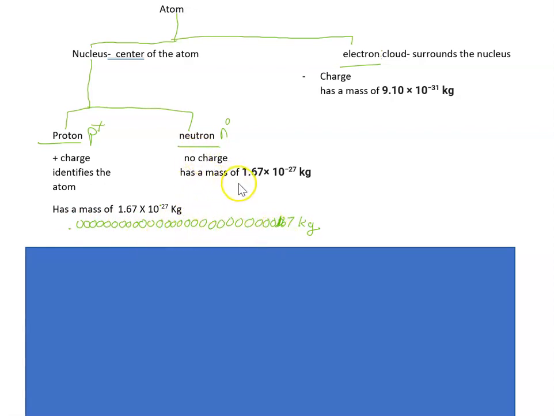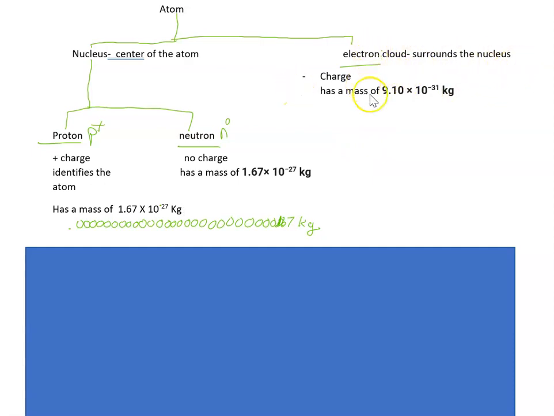And a neutron, for all practical purposes, has the same mass as a proton. They vary a little bit, but not by a significant amount. So neutrons and protons weigh approximately the same. Neutrons have no charge, protons have a positive charge. And again, you do not have to memorize these. Then when we come over here to the electron